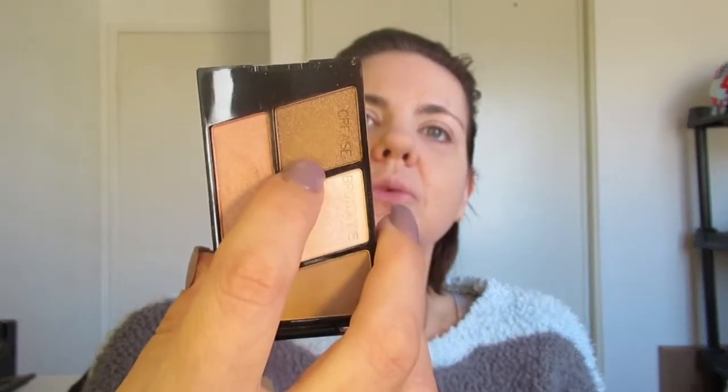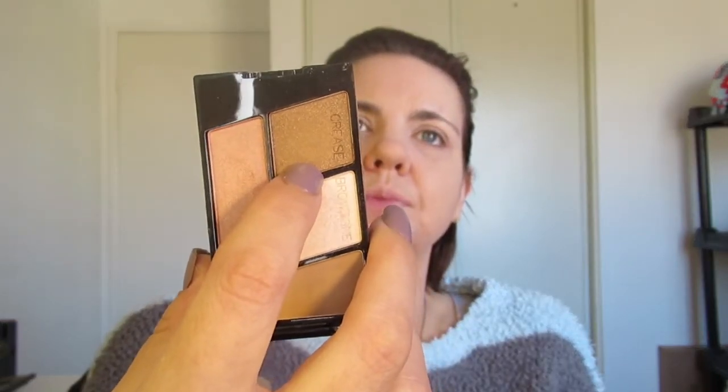Gotta get my mirror. Okay. So first we're going to do the 1 eyeshadow look. And this is probably the easiest, laziest of them all. And honestly, I usually do this with my bronzer, but again, since we have this palette, we're going to do it with the palette. And I'm going to take what they're calling the crease color, which is the darkest in the...